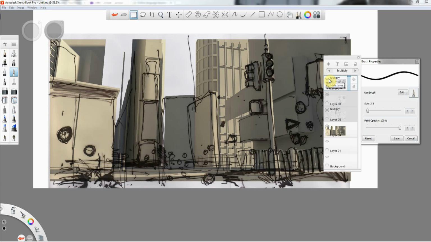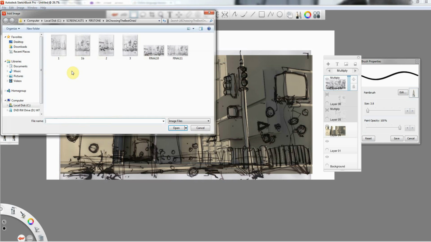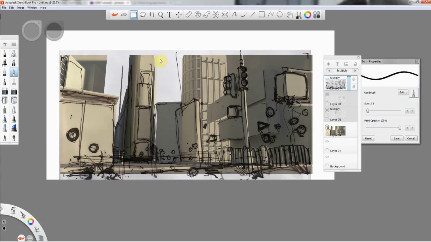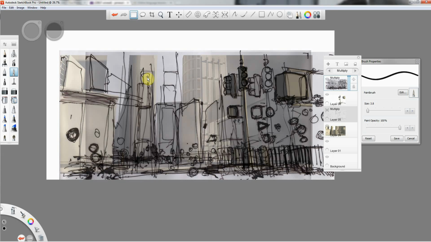So that's one of the images. That's image 10, and I'm going to just add the other image, and that's final 11. Because remember, I chose two different final images to contrast and compare. I'll just take the bottom layer off